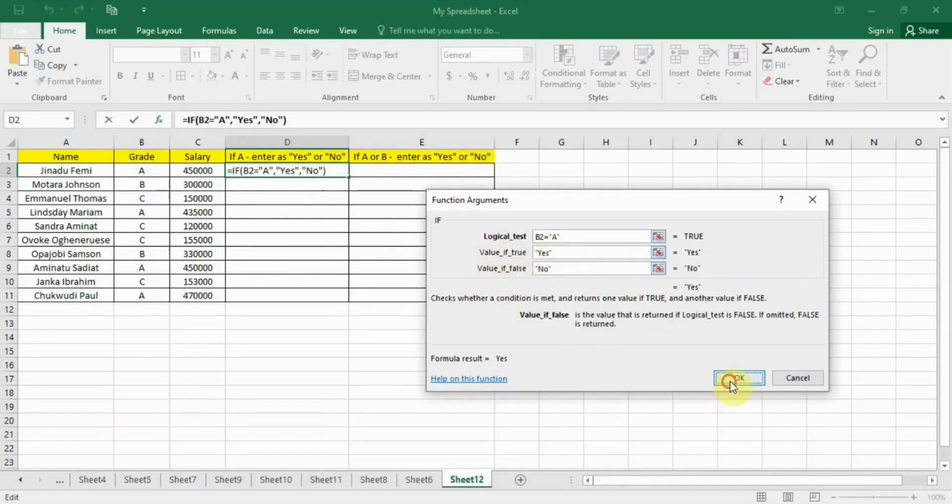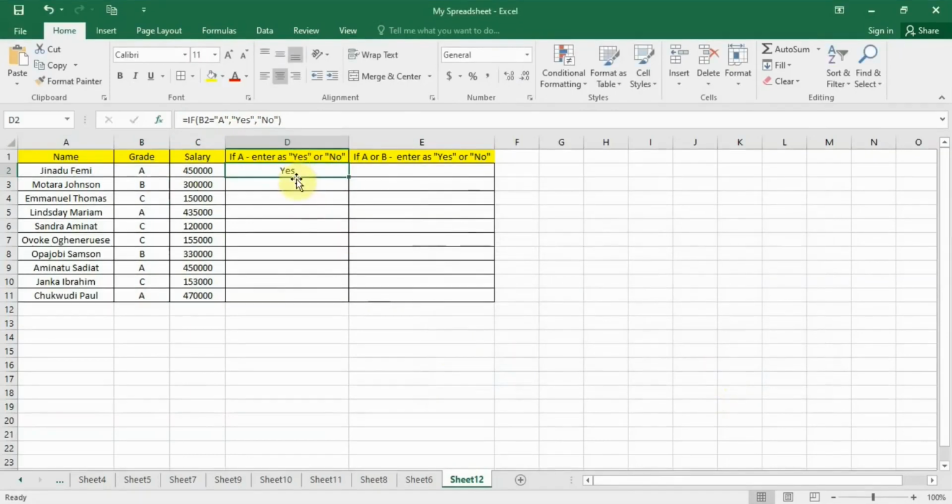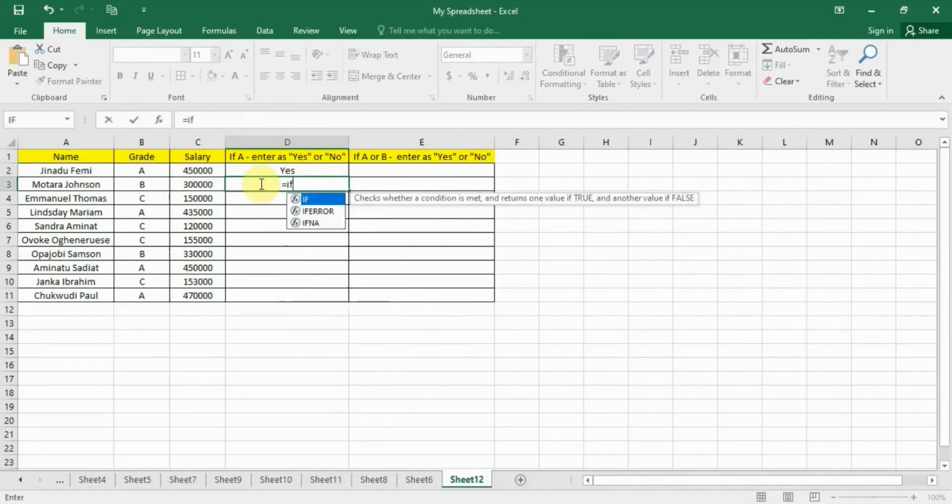So make we enter okay. So you see, because our grade is A, our answer here is yes. So make we enter it for the next cell. So is equal to IF. So what will be our logical test? Our logical test is if this is equal to A. Don't forget to put your A in quotes,